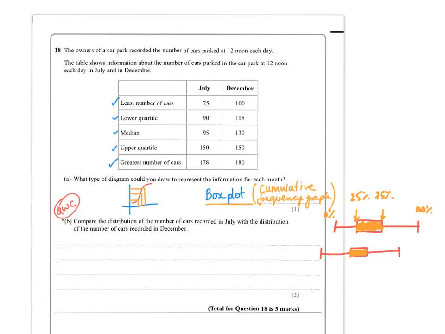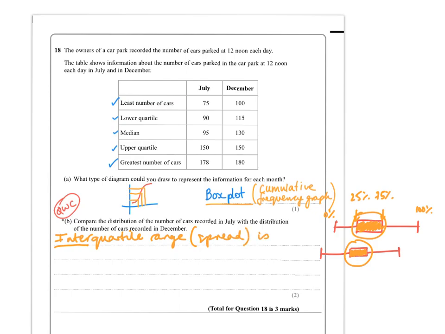So it's not quite the range as you know it when you're a youngster, when you're doing range for the first time, which is highest minus lowest. It's not so much that distribution. You're just looking more at 50% of the data. So I would say the interquartile range, where inter means between, so between the lower and upper quartile. So the interquartile range, and we can use the word spread,